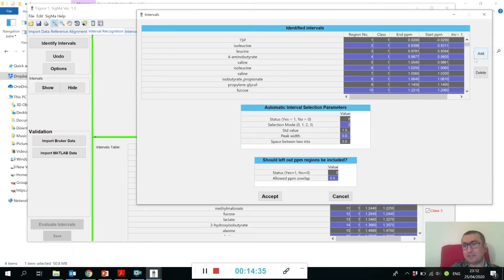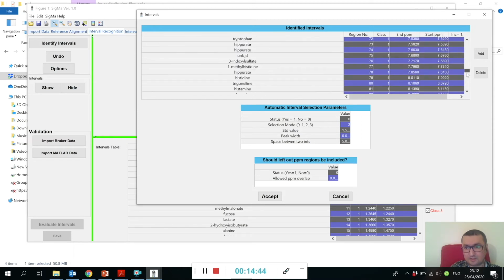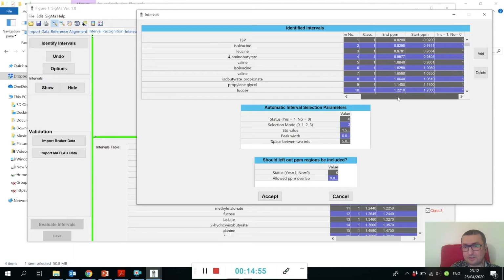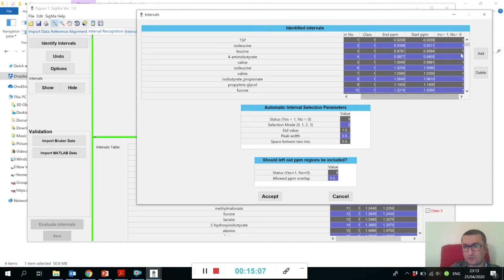are stored as a library, SigMa library of chemicals. So here you can see all of those. So this is basically the library. So we have the name of the human urine NMR metabolites and their chemical shift ranges. So if you don't want, for example, some of your signals to be included in the analysis, you can set this from 1 to 0, and they will not